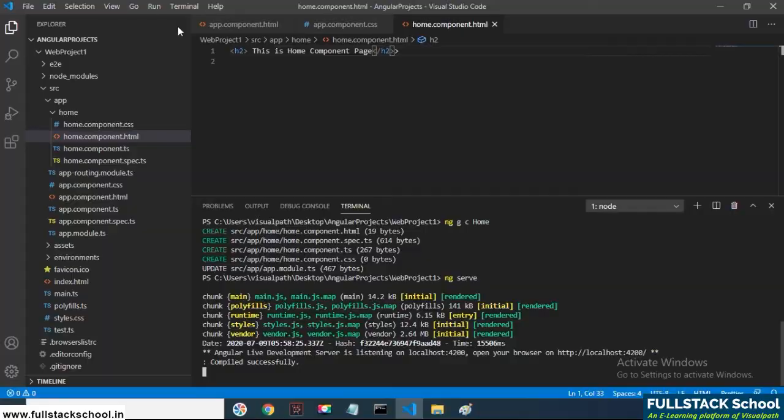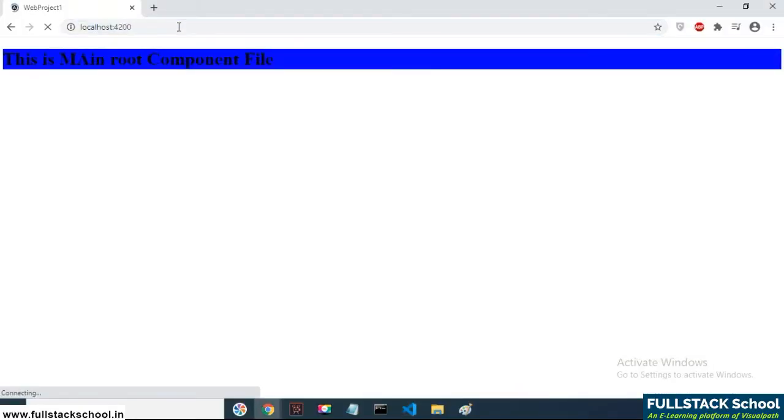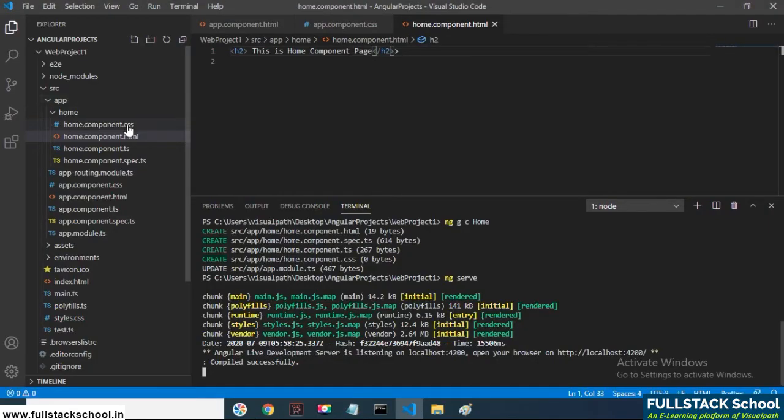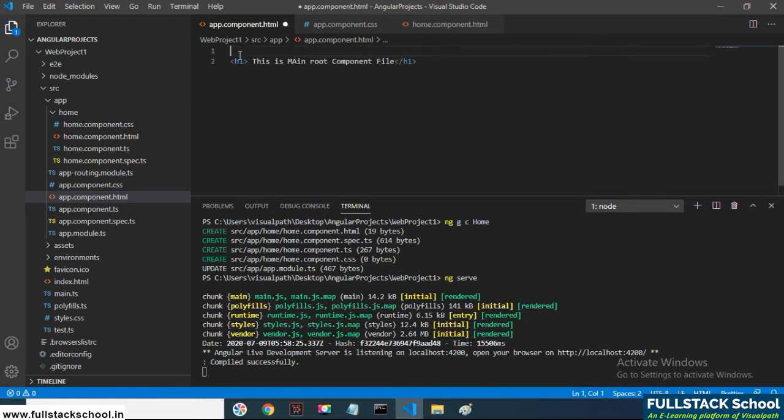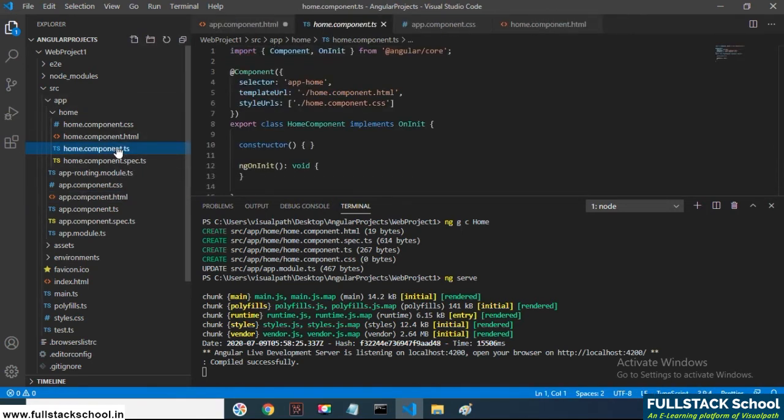To make that relation, we specify a tag called app-home. It is the selector name given in the home.component.ts file. By using this, we give a link between the home component and the root component.